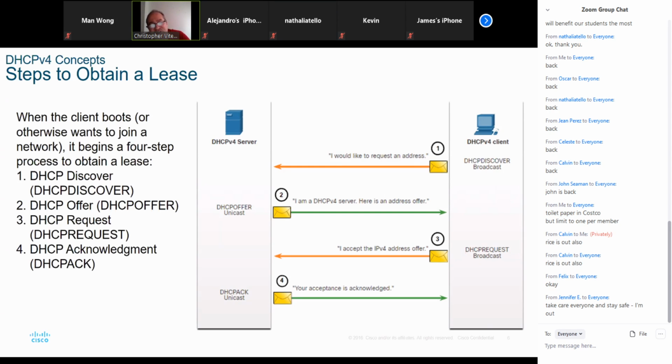Now, if the host takes too long to respond to the DHCP offer with the DHCP request to lock the information, then the server may send back a DHCP NAK, which is a negative acknowledgement, okay? Typically, it's an acknowledgement, DHCP ACK. That means, your acceptance is acknowledged, the information is locked in, and you can now use the addressing information. But if you get a NAK, negative acknowledgement, you have to start all over again with the DHCP Discover broadcast,